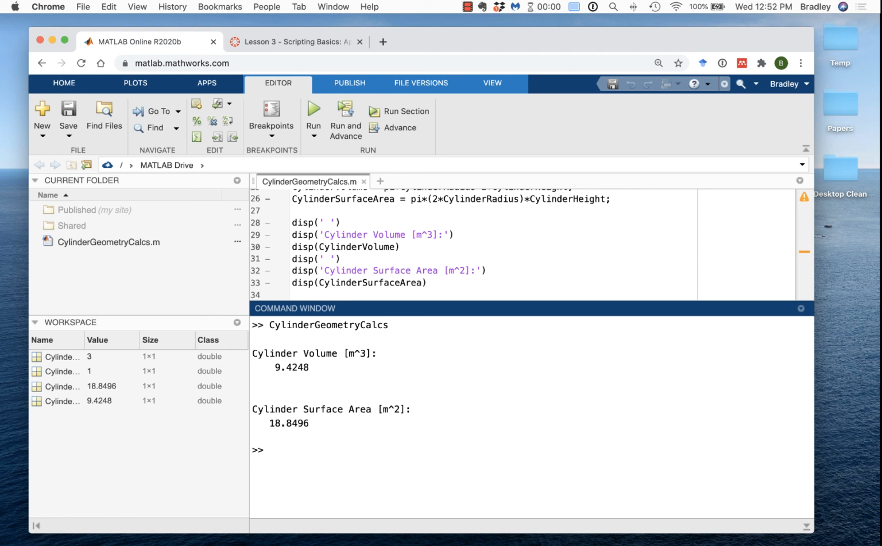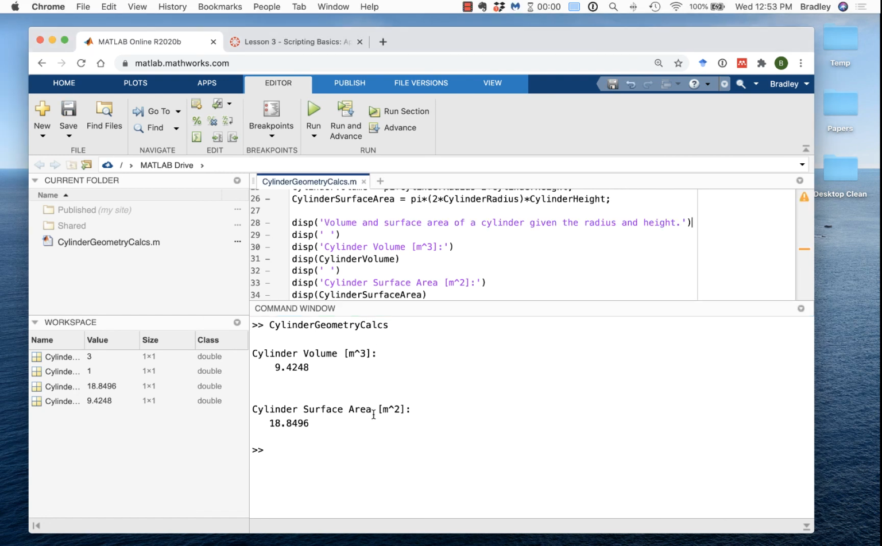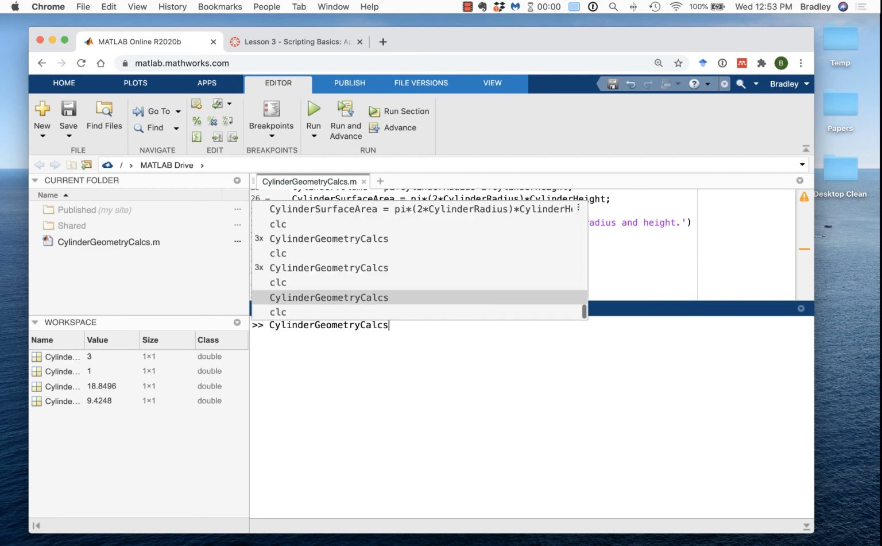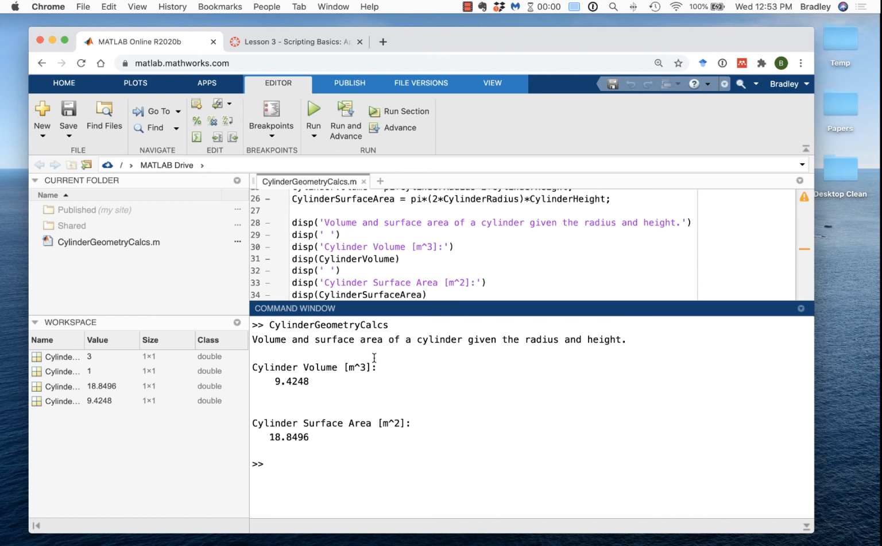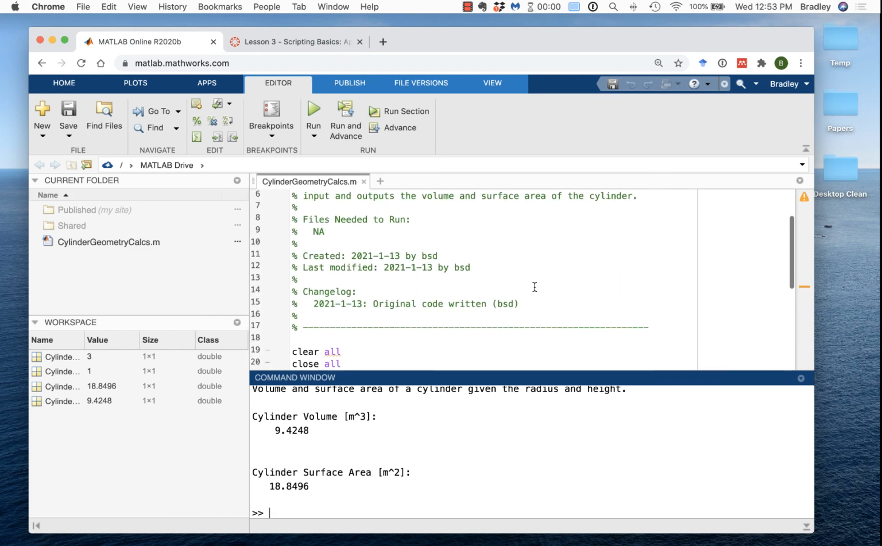We may also want to display some information to the user that tells the user what it is that he or she is running. And so now it's saying this script is calculating the volume and surface area of a cylinder given the radius and the height. So I hope this is a good start for getting you programming in your first script,